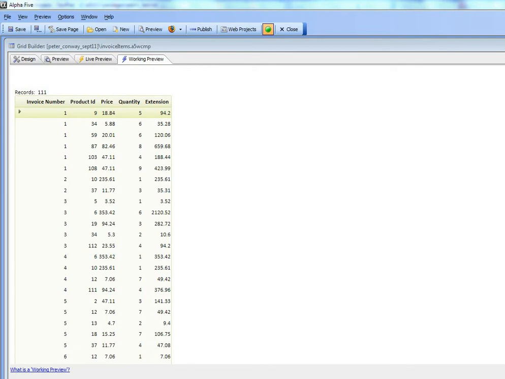In a previous video we showed how you can put group breaks into a grid. In this video we'll show how you can enhance your group breaks by including summary information in the group header or group footer. So here we have a simple grid based on the invoice items table,